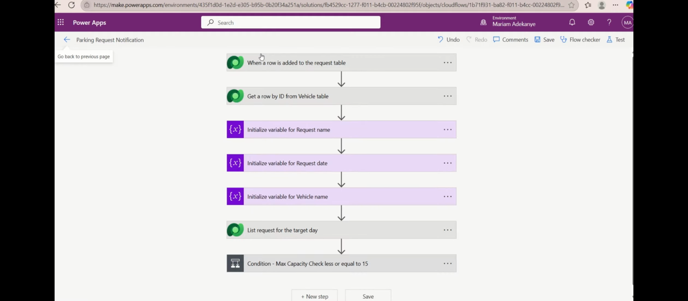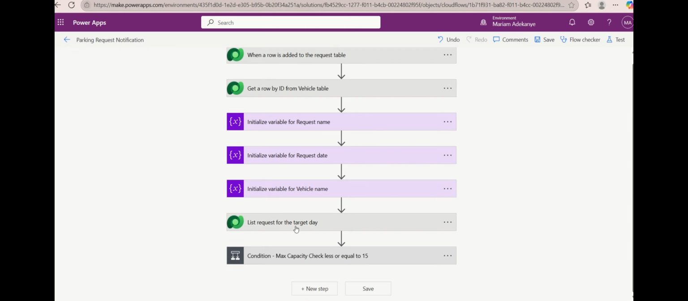I added a row where I was able to bring in my request table, and then I had to import my vehicle table by using getRow by ID from the data vars, and also created 3 different variables: the request name, the request date, and the vehicle name. Here I was able to reduce, since we were told that we could only input 15 cars at the parking lot. I was able to use least request for the target date to limit